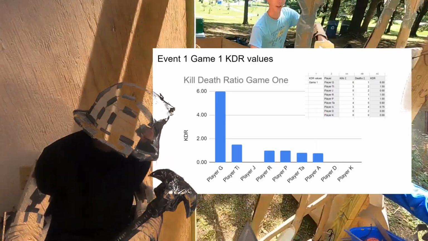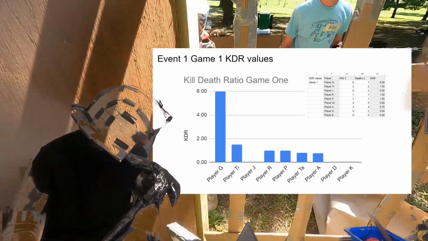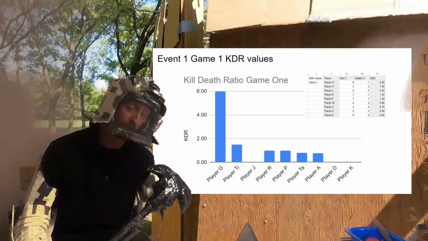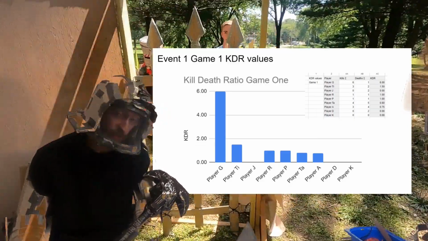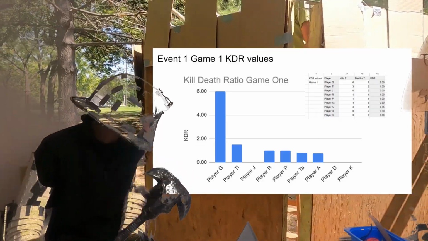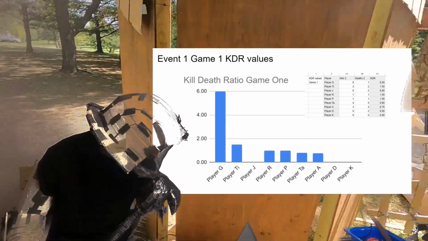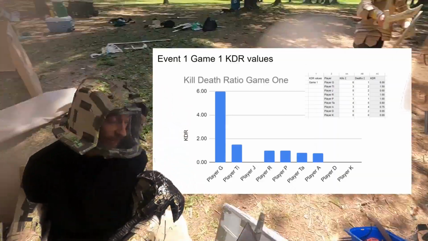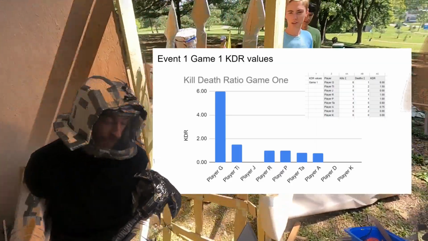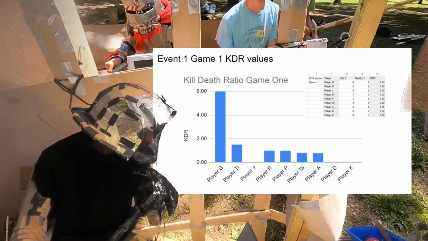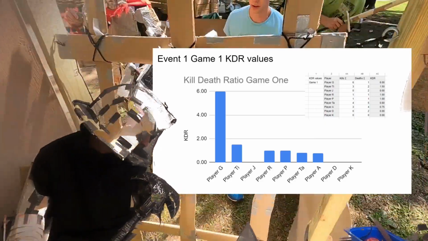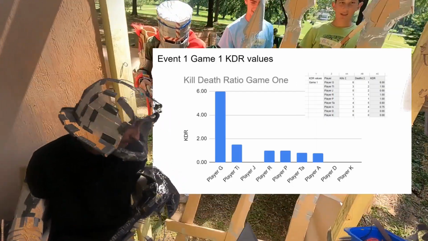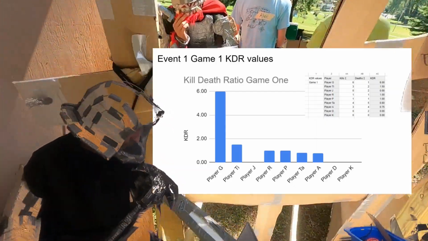So in this first game, my personal KDR value, player G, is outrageous. I don't think I got that many kills. But 6 are attributed to me, and only 1 death was attributed to me, so 6 over 1 is 6. And so that gives me a KDR of 6. The runner-up KDR, I believe, is player TI with 1.5, so a quarter of my KDR, which is very, very low in my opinion. So I'm wondering if there's some false attributions here, because players J, D, and K don't have any kills, which is kind of weird. I'm not sure. I didn't look that closely through the video. This is mostly just from the scrolls that were written. But yeah, very weird game.